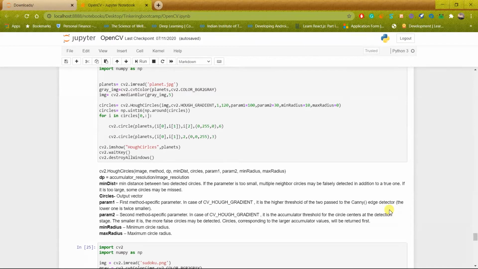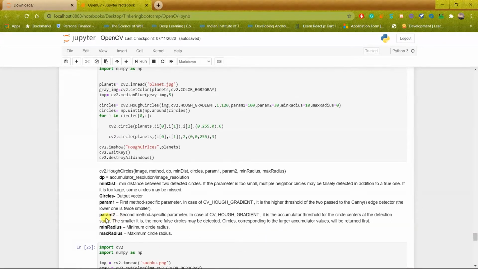So in this case also, the parameter 1 is the higher threshold which we sent in the canny edge detector, and the parameter 2 is the smaller one which we sent in the canny edge detector. Okay, so it has no relation with the canny edge detector. It is just an analogy which I have made.